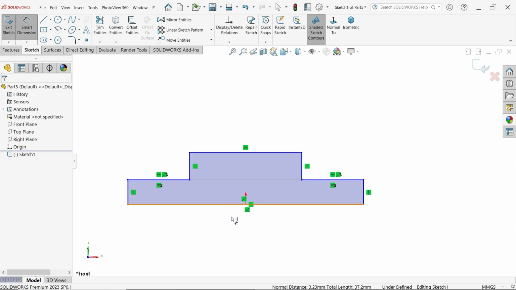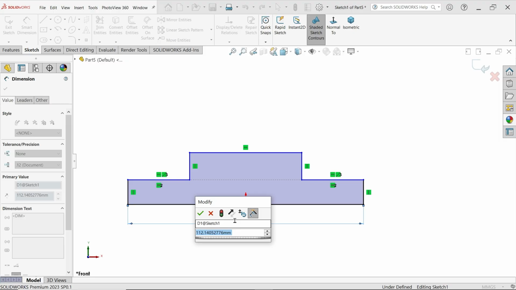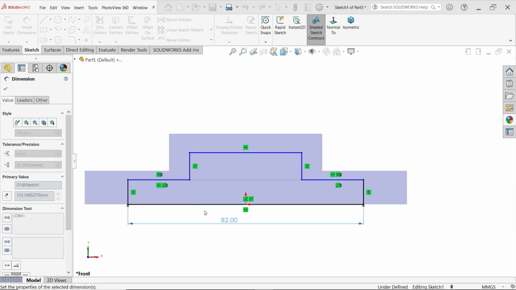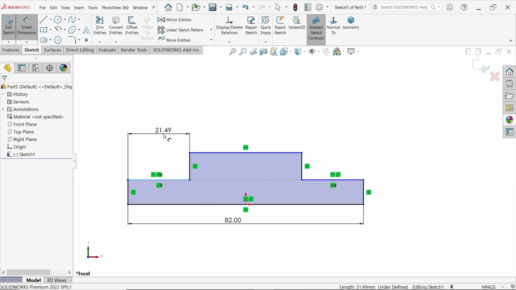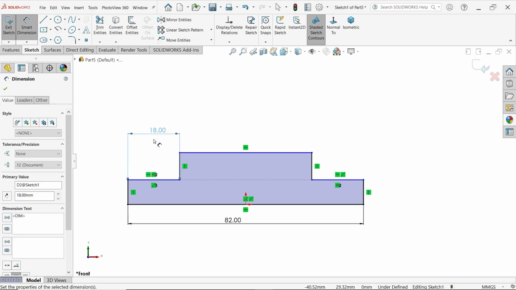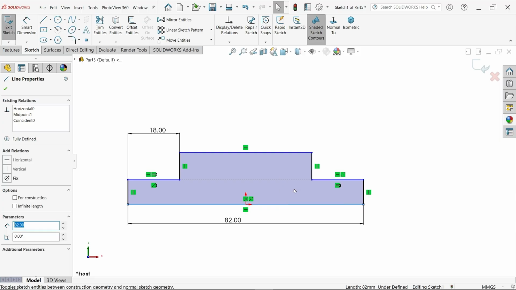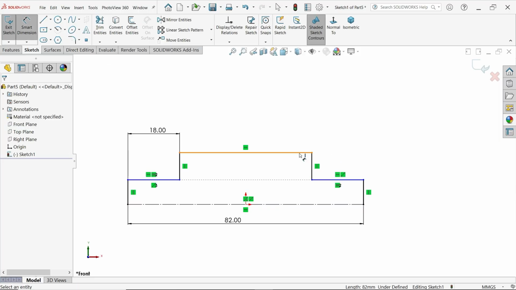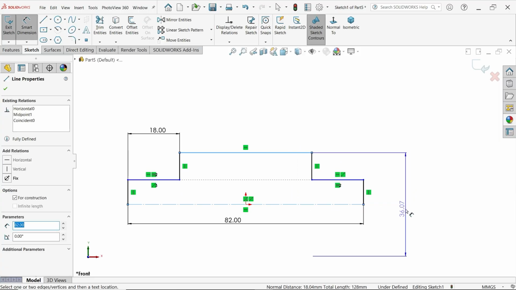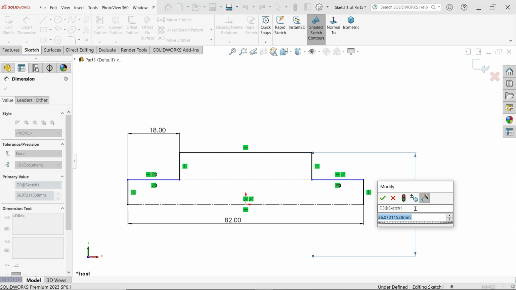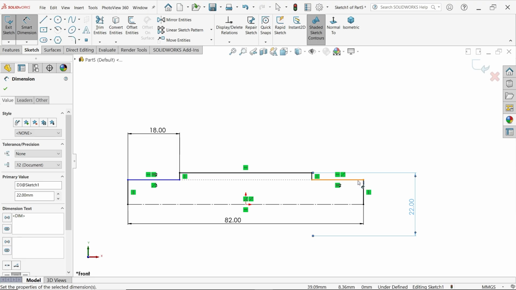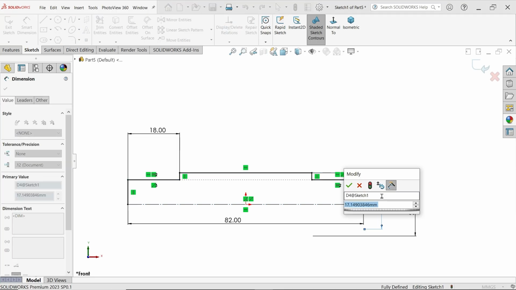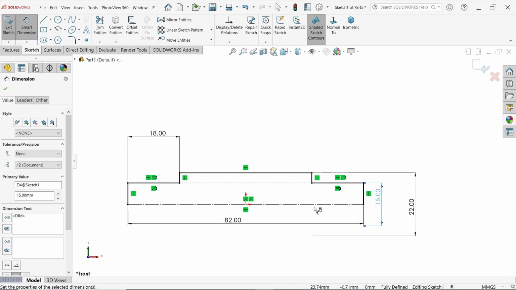Smart dimension 82, 18 millimeter. If you make this line a construction line, smart dimension, select this line, and if you move the cursor, it will show you diameter. 22. For this line, 15. See,